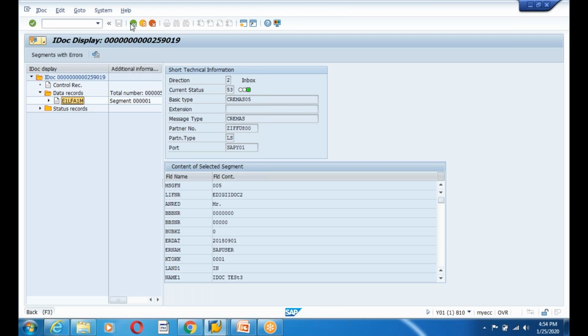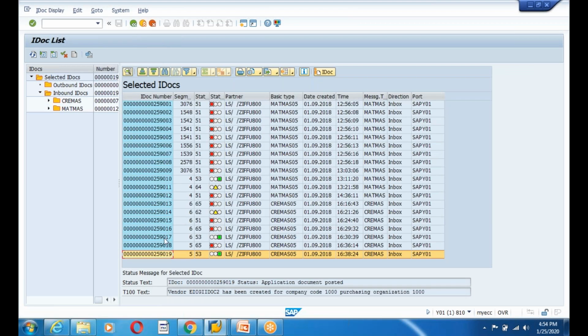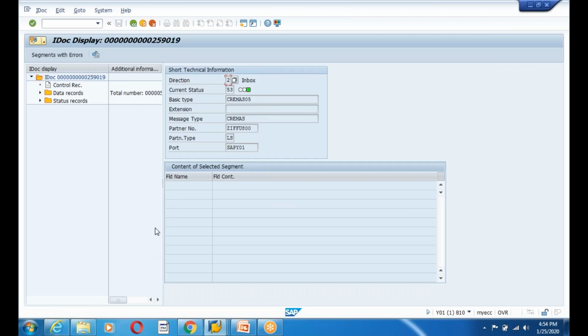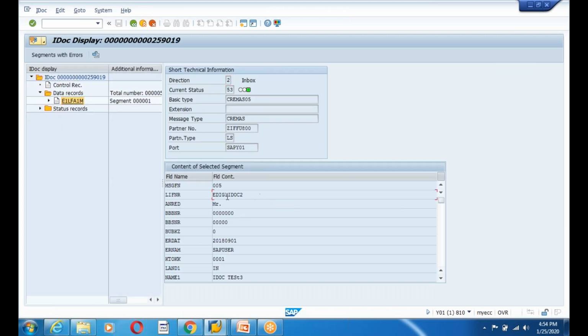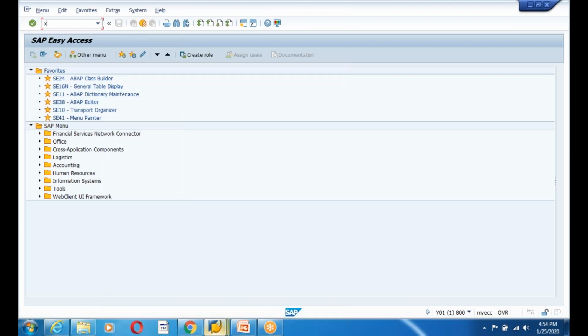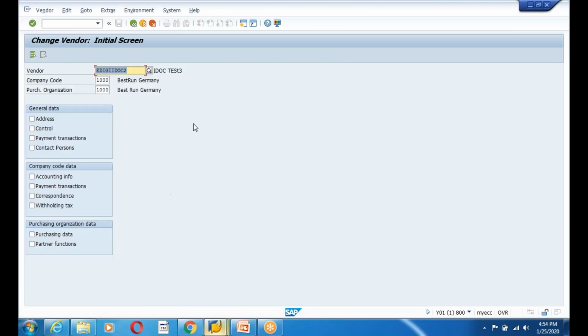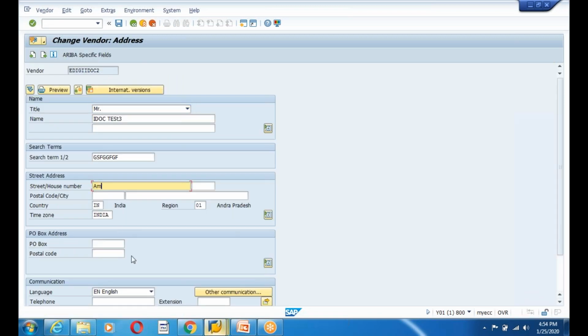So this is vendor master data, guys. I've sent the IDOC for the vendor, and the vendor number is this. Let's take an example: I have changed this vendor in the front-end system, that means the source system. Okay, this is my IDOC. I will go to XK02, select all and enter. See, guys, I maintain the street Ameerpet and house number 123, and postal code is 500010 and city is Hyderabad. But when I make the save here,